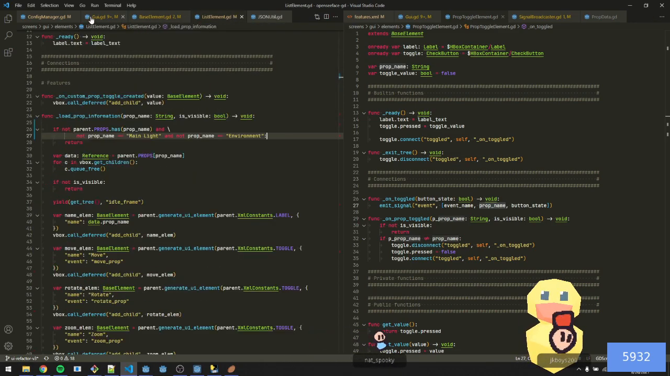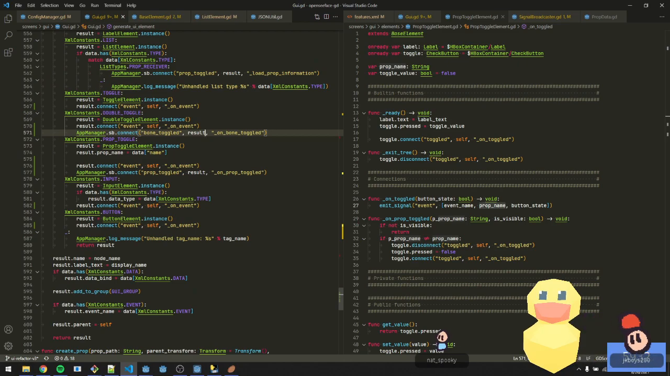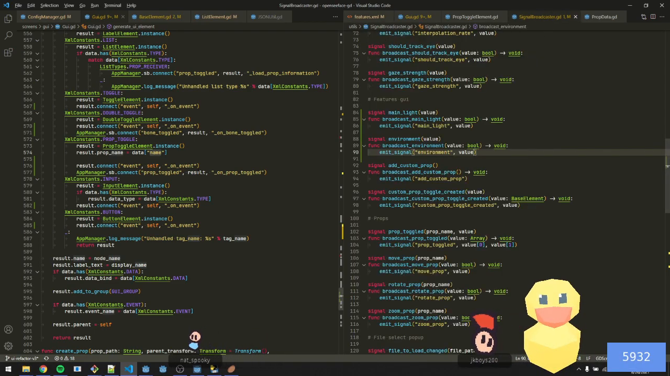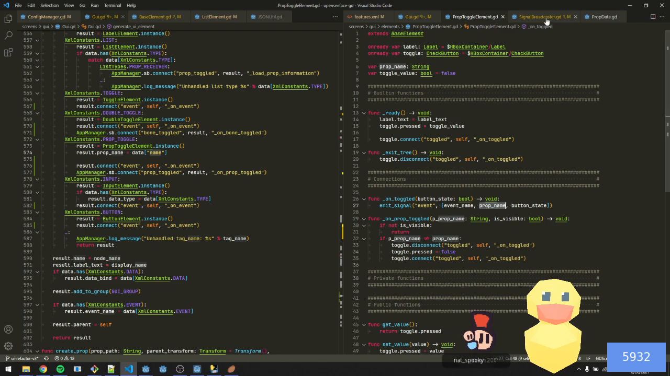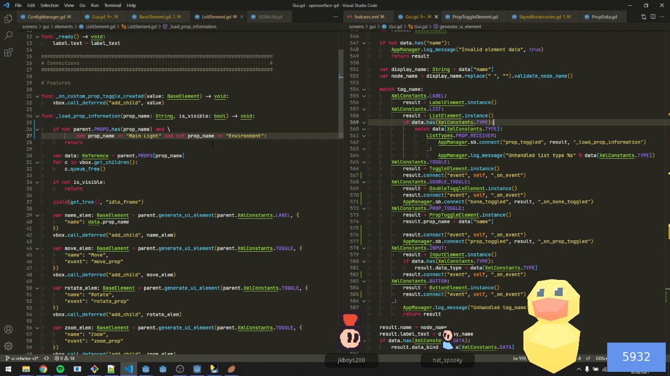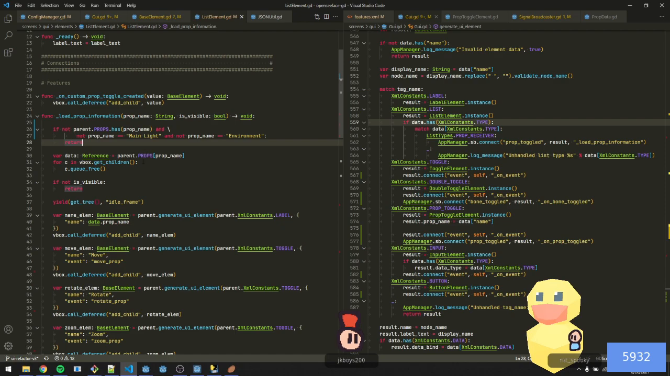Prop name is always set to the data name, and the data name comes directly from here, which is just main light. Okay, so I think that should be fine. We don't need to worry about the display name. I'm just using the kind of direct field on the prop toggle element. Okay. So list element. So if it's none of these, so we can't do comments anymore. We'll do that. Otherwise,